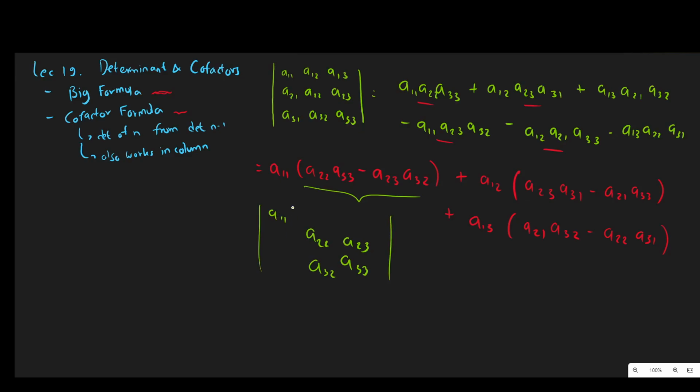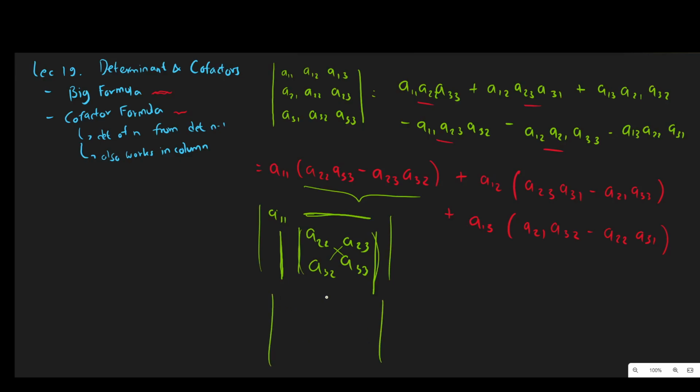You remember that if we have the a11 here, then we don't allow any component along the row and the column, and we get this little matrix here, which is the leftover of what we are not allowing. We are looking for the determinant here, so that's why we got this term, a22 minus a23 a32. And the same goes for the a12 and